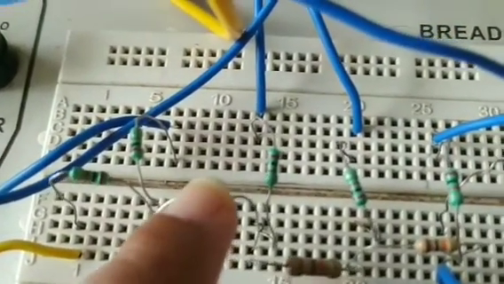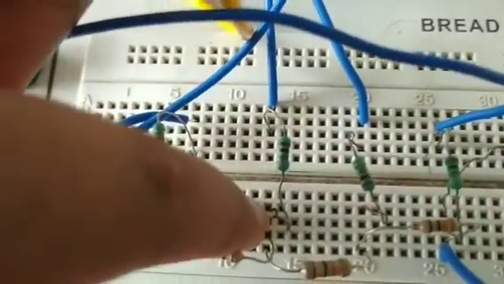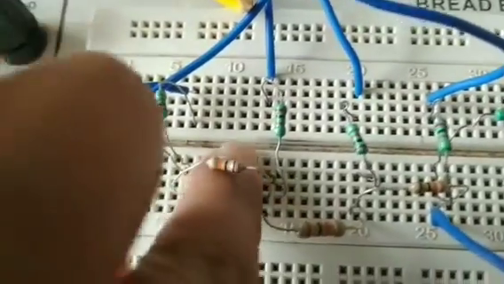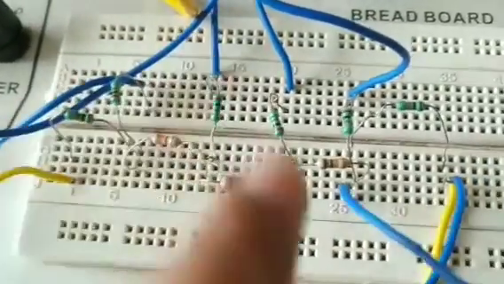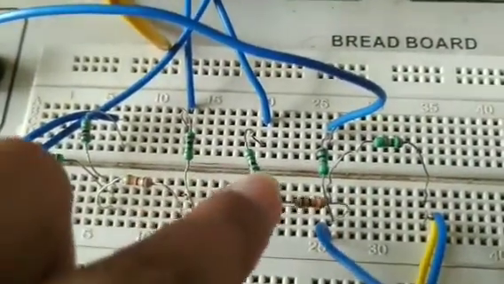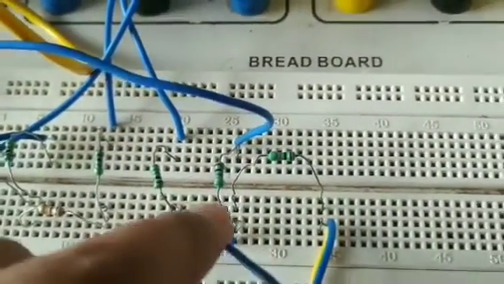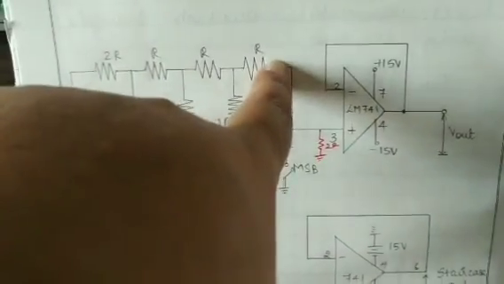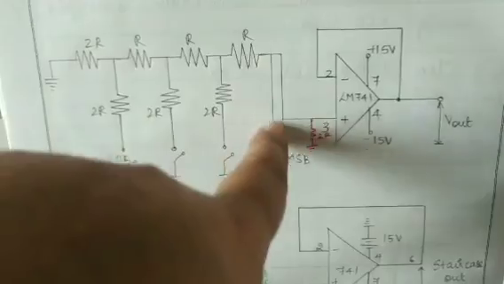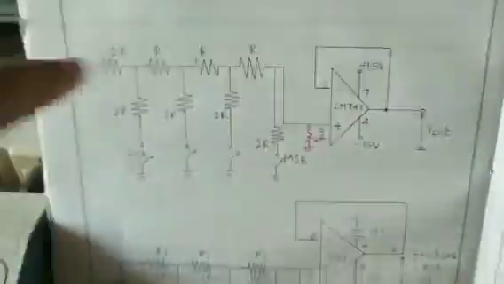Again, this 10K, this 10K, and this 10K. All the three should lie in the same horizontal line. Okay, 10K, 10K, junction 20K. Next 10K, 10K, junction in the same horizontal line 20K. Okay, so like that. And the last two should go to pin number 3. Okay, so at pin number 3 I should have two 20Ks and one 10K.